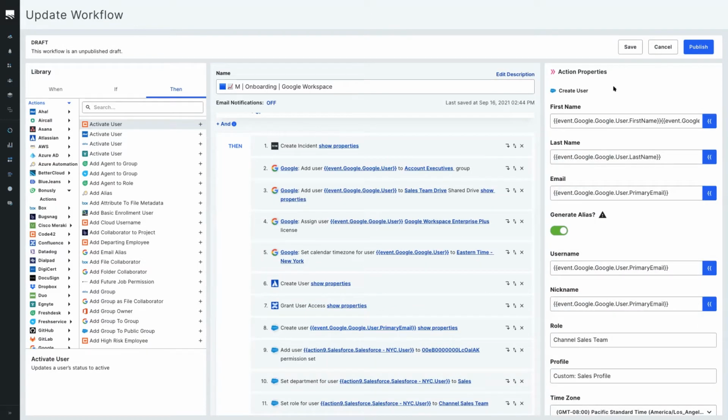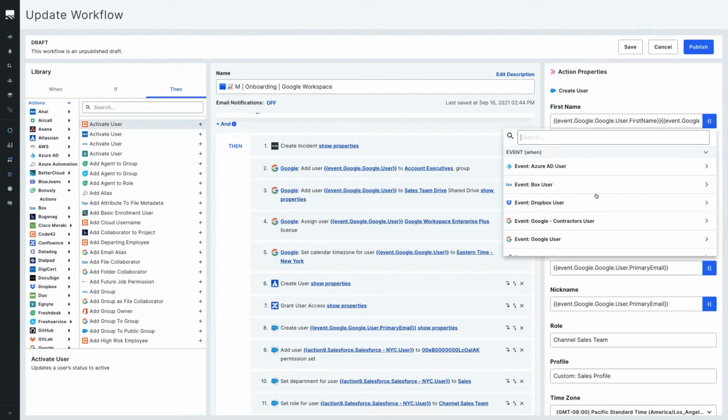And when we talk about increasing IT efficiency, a big aspect of that when it comes to our automation is the scalability approach that BetterCloud takes. So what you'll see here is we have the first name, the last name, the email, the users that we have to populate. But rather than you having to stitch this together, whether it's through scripts or other things, I can directly go here and say, you know what, let's use our operational intelligence